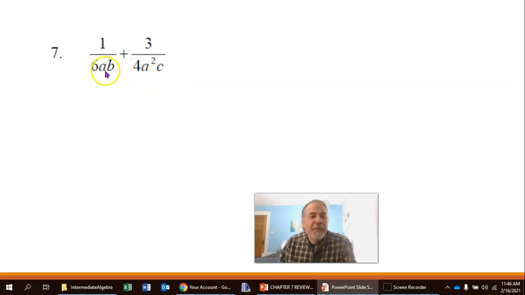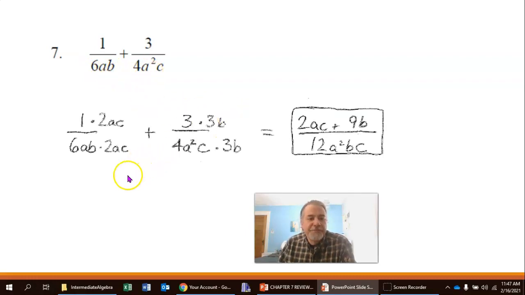So they both already have a factor of 2 and a, but the second one has another 2 and another a and a c that are missing from the first denominator. And the first denominator has a factor of 3 and b that are missing from the second denominator. So if I want them to match, I can multiply the first denominator by 2ac, which will turn that into 12a squared bc. And I can multiply the second denominator by 3b, which will turn that second denominator into 12a